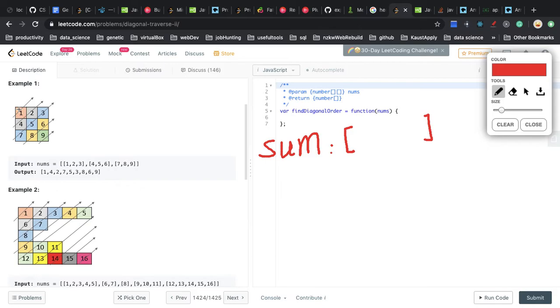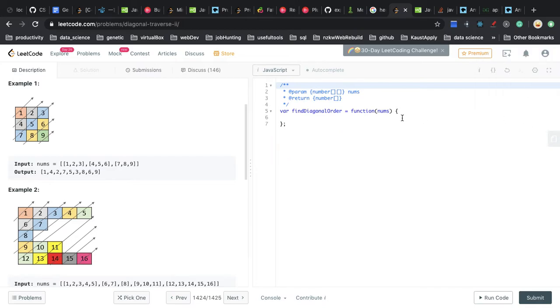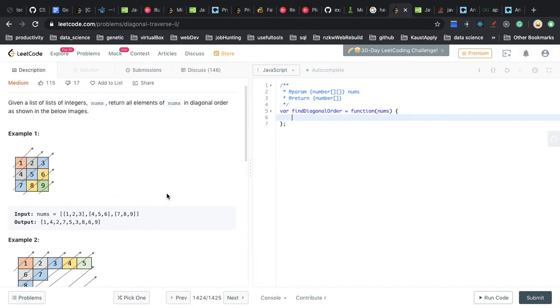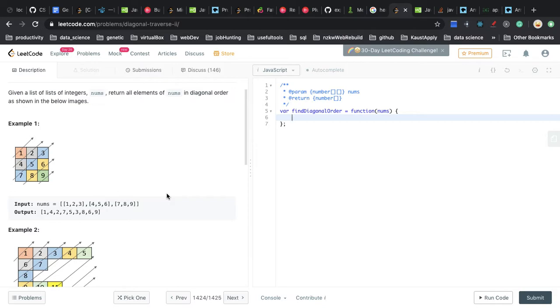So now let's get into coding. First we need to think about some boundary cases, and in this case the boundary case will be if the nums we are given doesn't exist, then we will just simply return an empty result array. Then we create our result array,